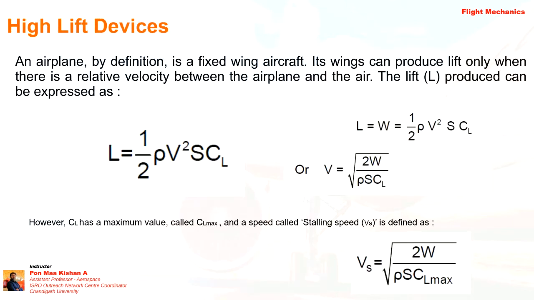We will be explaining more later. Okay. So V stall, the corresponding stall velocity, is given by CL max. Okay. So I hope you understand the difference between CL max and CL/D max. So CL/D max is only for aerodynamic efficiency. Okay. So don't get confused between CL max and CL/D max.